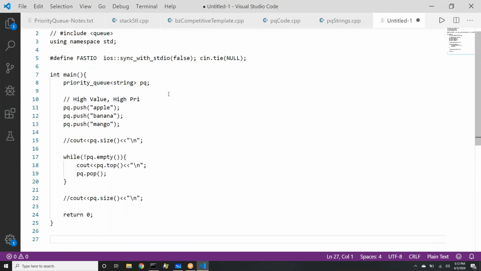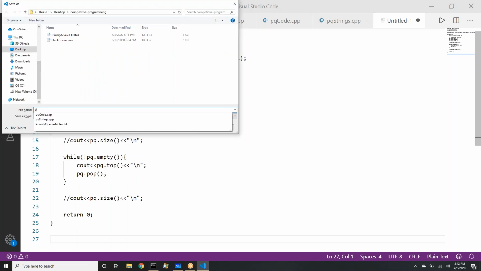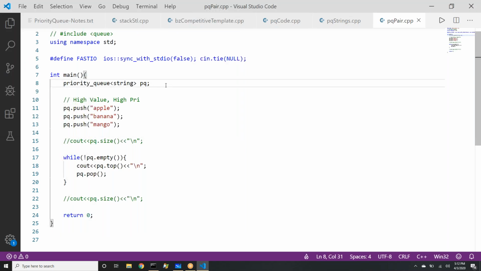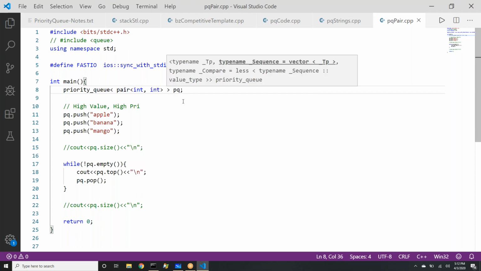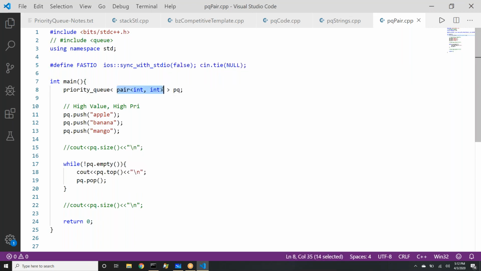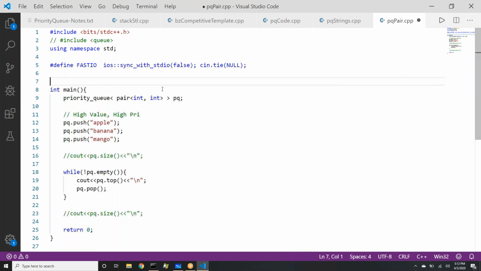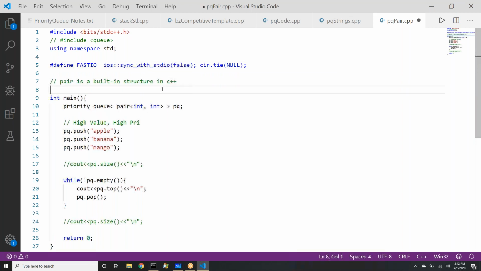Now let me copy this to one more, because that is also important to know, pq of pair.cpp. So in STL, there is a data type called pair. We can create a pair of int comma int or string comma int, anything. Pair is nothing but, you can say, it is a built-in structure which has two members. So here I'm putting, pair is a built-in structure in C++.